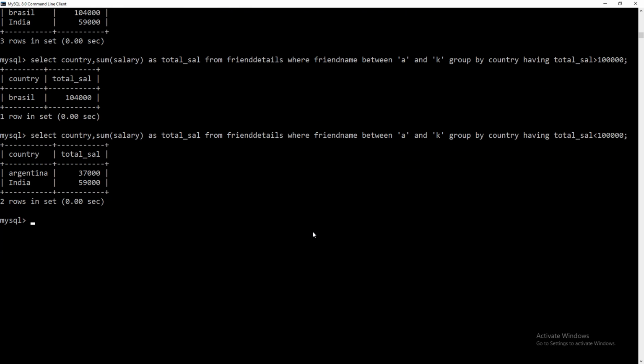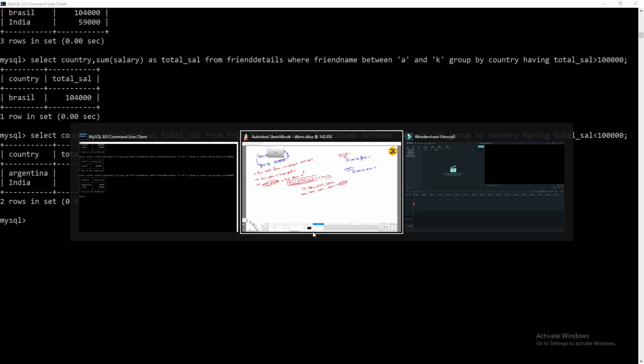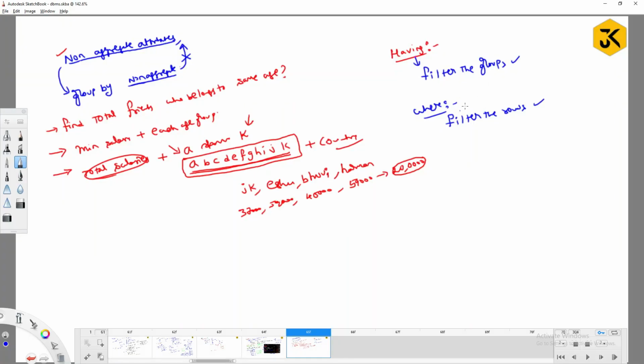I hope you understood, right? So, if you are going to have a set of data after applying the group by operation, and on that data you would like to filter, you can use having clause, right? Having clause must appear after the where clause. Okay, fine. For example, I want to find out